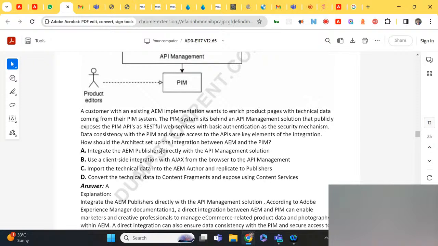Reason being, integrate AEM publisher directly, meaning that is also directly getting the data from API, but AEM publisher client library, which is the client library JavaScript, which is calling Ajax to the API management. So that is also an Ajax. But from the browser or from AEM, we will be doing from AEM.